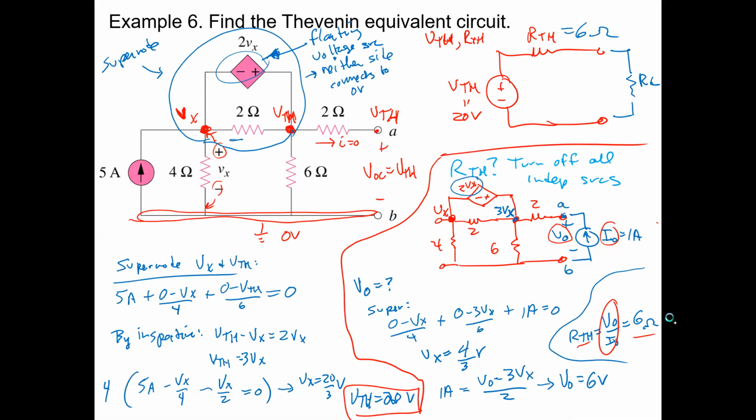And you might be asking yourself, do I really have to worry about whether I use a current source or a voltage source? Well, not really. It's just, one of them may be a little bit easier to solve. With a current source, we're able to find the current, so doing nodal analysis is pretty easy. At the supernode here, we sum this current and that current. And since we have a 1 amp source here, the current through the 2 ohm resistor is just by definition 1 amp, right? So that makes it pretty easy to solve. But for now, we're going to do that same Thevenin resistance problem with a voltage source in the terminals. So